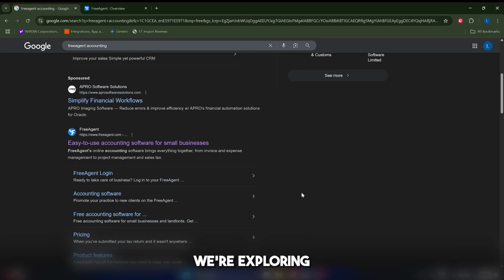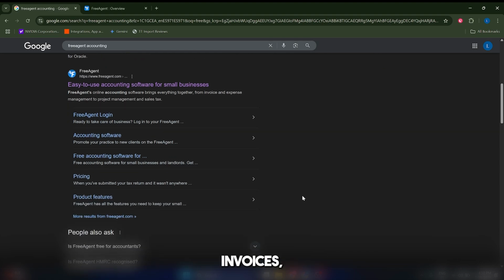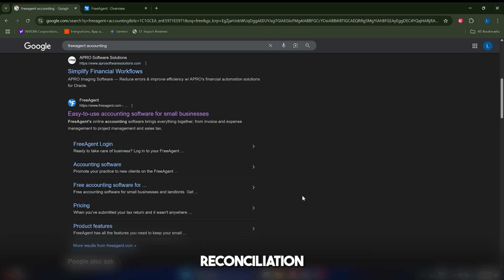Today we're exploring Freeagent, a cloud accounting solution tailored for UK-based freelancers, sole traders, and small businesses. In the next few minutes, you will see how to handle invoices, expenses, bank reconciliation, and tax filing, all from